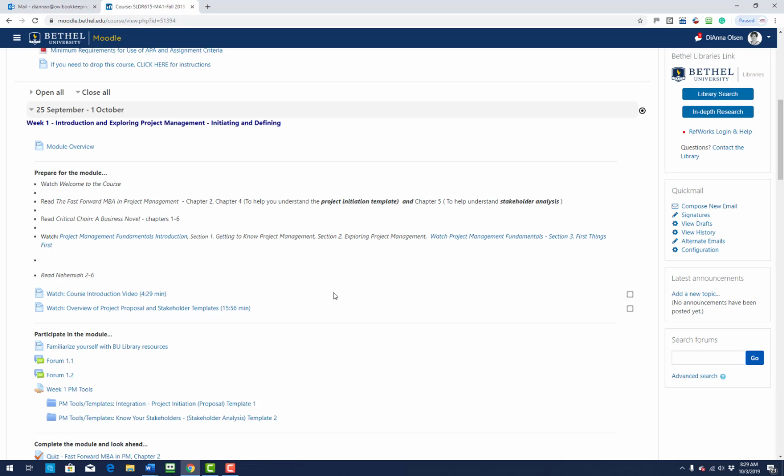So, really excited to see your project proposals. A lot of you put good work into building that foundation. And I think that will pay off because it will help you in all of the other templates as your project comes together through all of these initiating and defining and monitoring phases.